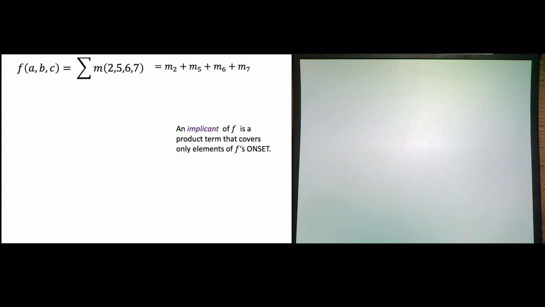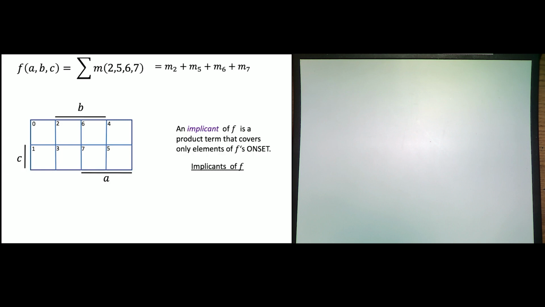Where did my K-map go? And we are going to identify what we call an implicant. An implicant is essentially a product term. It's a product term that's 1 when the function needs to be 1. Now, it's not 1 everywhere the function needs to be 1, but it's 1 in places where we know the function is 1. The values for which the function is 1, remember, is called the onset, the set of input values for which the function is 1.